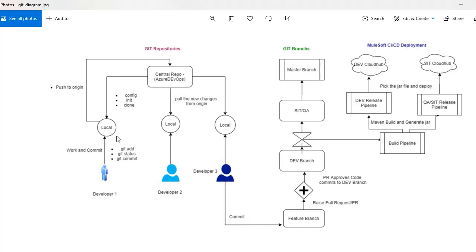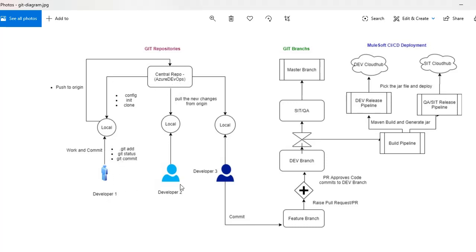Once we are done with the coding and local testing, we need to commit our changes to our local repository first, which is on the developer system. That won't be available to the central repository. For every day, feature, or user story, you can clone the code from the central repository to your machine, do all your code changes, then commit that code to your local repository and push it to the central repository. That's where the developer's role ends for that code.